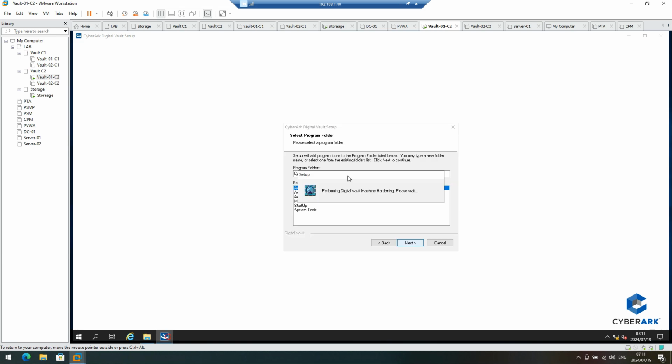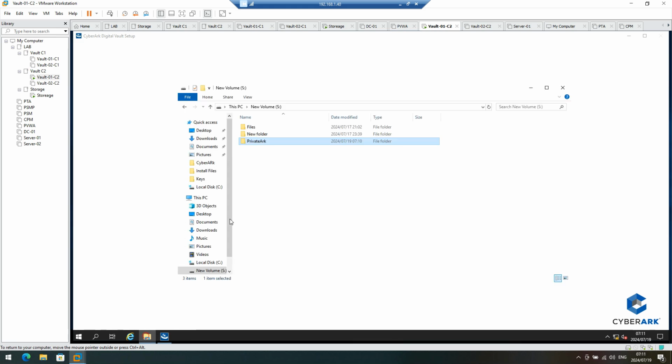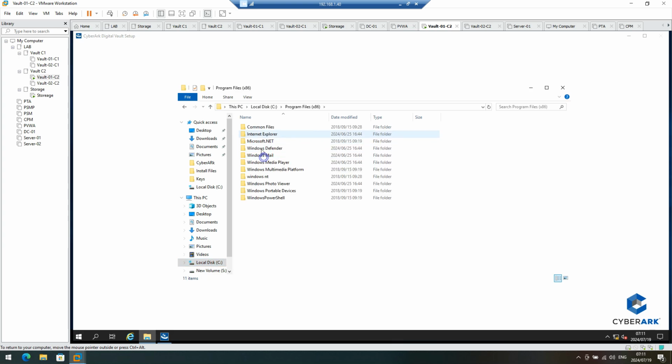It's doing the hardware currently, and we're going to start creating the program files. CyberArk folder in here just now. Then we've got a